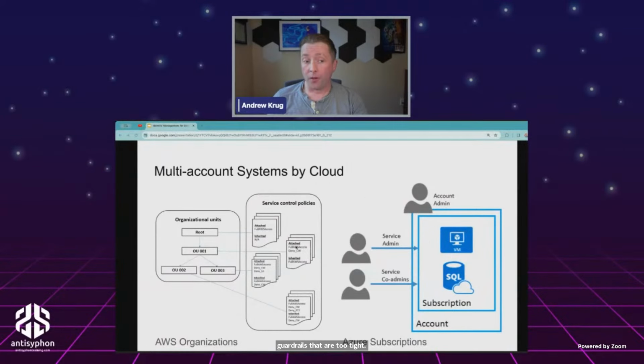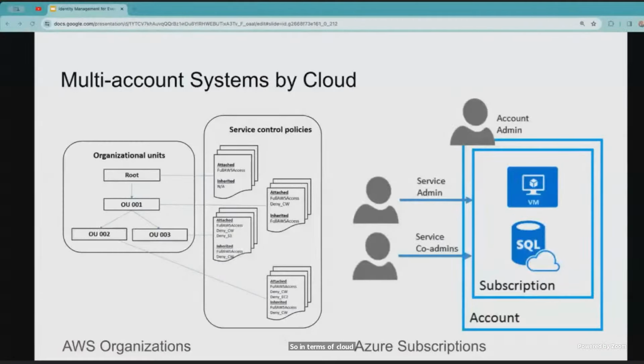So in terms of cloud providers, every cloud provider has the concept of what we call a multi-account system. And this came about years ago because people wanted to be able to have multiple accounts, and they wanted to be able to pay the bill through a single bill. So in AWS, this used to be called consolidated billing. In Azure, it's called account subscriptions. In Google Cloud, Google uses this resource hierarchy and everything rolls up to one big fat bill anyway. They all have different security capabilities though.